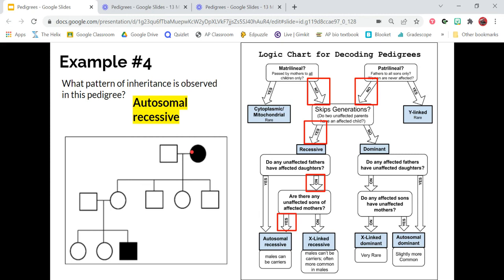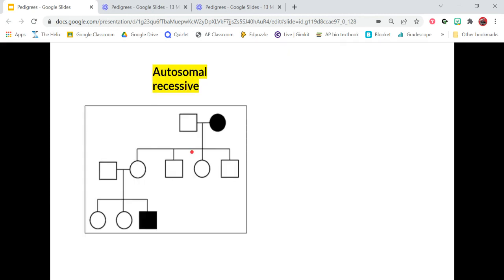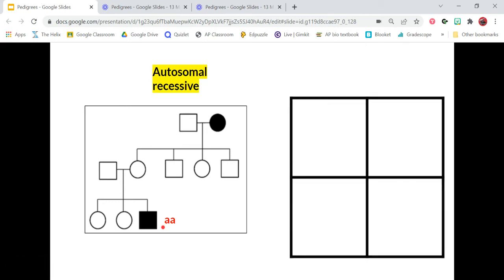So once again, where does the flowchart come from? It comes from pedigrees. So now that we know that this is autosomal recessive, I can prove to you how we worked our way through that flowchart. If it's autosomal recessive, that means that we know that anyone who has the trait must be homozygous recessive, in other words, like little a, little a. So we can set up a Punnett square to try to guess what are the genotypes of the parents, because they could be either homozygous dominant, big A, or heterozygous, big A, little a,